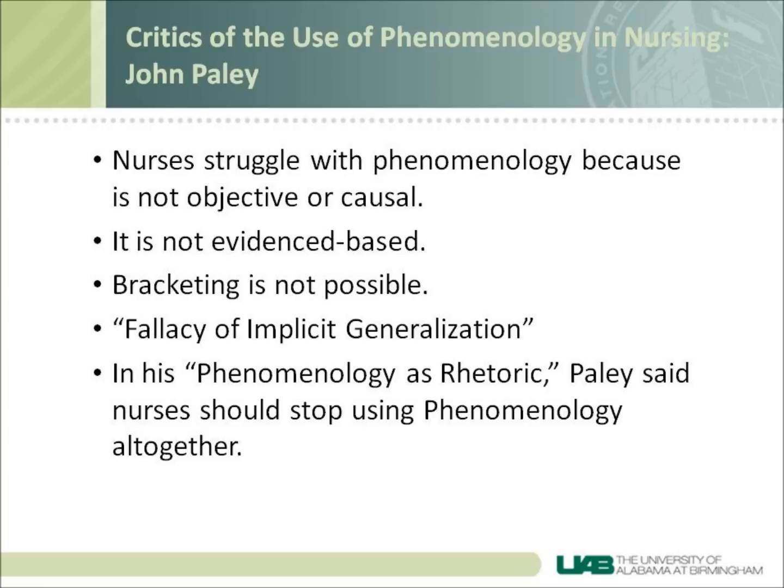Paley's fallacy of implicit generalization addresses nursing researchers who say that findings cannot be generalized, but then go on to make recommendations or assertions based on their findings. Because phenomenology sample sizes are usually very small, often with only 6 to 12 participants, and often from a single institution, they cannot be representative of the entire population. Paley writes that one cannot describe the essence of a phenomenon just because several authors have identified a similar finding in their studies. Instead, findings reflect the essence of a person or group's unique experience. This is specific to the person or group and cannot be generalized or of use to others.